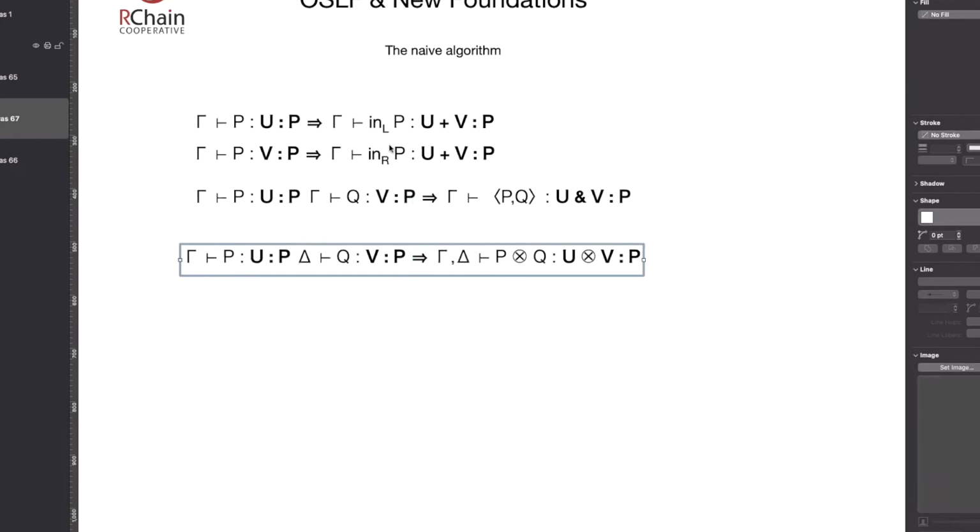So these rules here, which are about a kind of or and a kind of and, show up from the sub part of the Williamson-Stay construction. Taking these equivalence classes of monics, which we talked about a few weeks ago, is what generates and interprets these rules. And then the M part is what's going to interpret this rule. So this rule says, if you've got some judgment, some gamma, some assignment of types to the left of the turnstile, and given that assignment you get that P is of type U, which is a subset of the bold P, and then some delta, again some assignment of types to the left of the turnstile, allows you to conclude